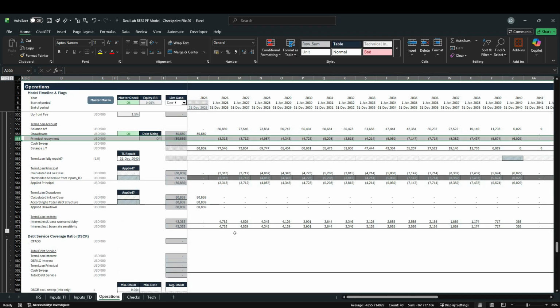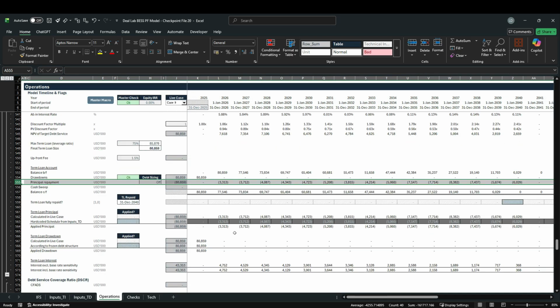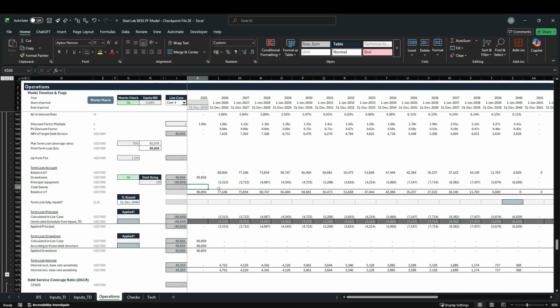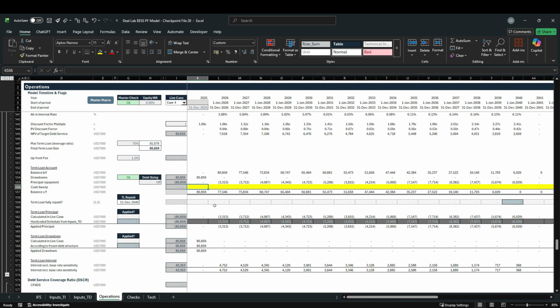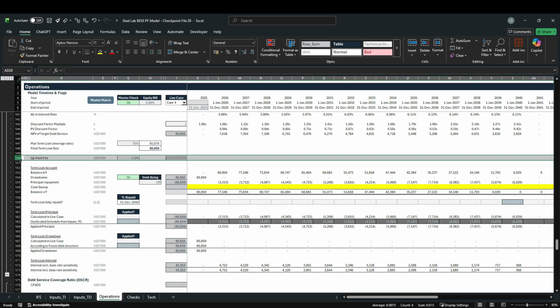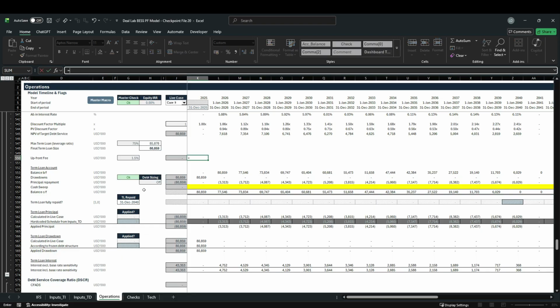Let's flip over to the operations sheet again. And one thing we will not do in this lesson is our cash sweep, so we can mark this row here in yellow to make sure we're not forgetting to implement our cash sweep later on. But what we will still have to implement in this lesson is our upfront fee. And the lender expects the sponsor or the SPV to pay 1.5% of upfront or arrangement fee on the final total term loan size. So let's implement this fee right now, and that is going to be equal to 1.5%,